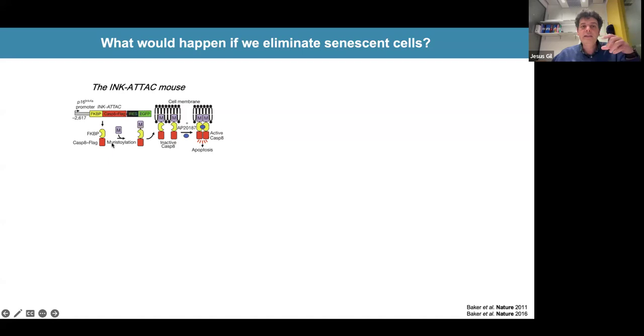So it's a drug-activatable version of caspase-8. So it's a version of caspase-8 that when it's expressed is non-active, but you can add this small molecule and it will dimerize. And after dimerization, it will basically trigger apoptosis. So basically, in these mice, they achieve in a totally artificial way a selective way to kill senescent cells. And what they observe is that when they do that, the selective elimination of senescent cells extends the lifespan